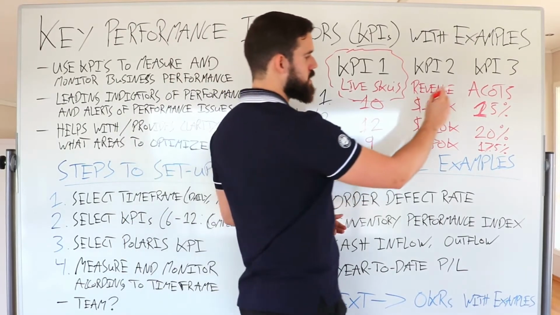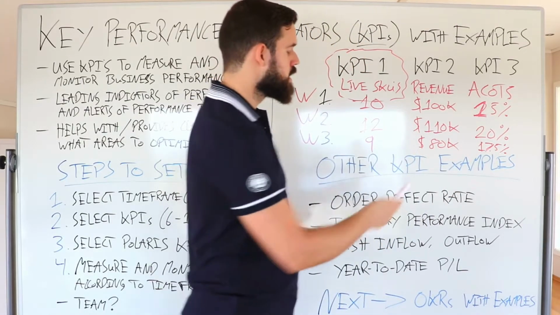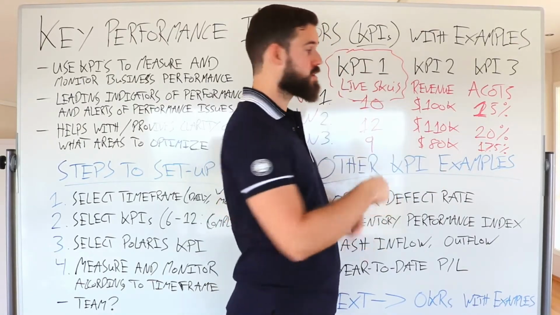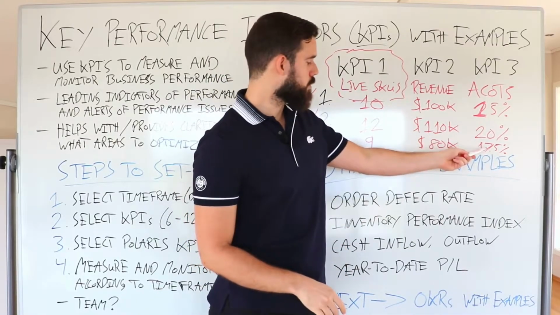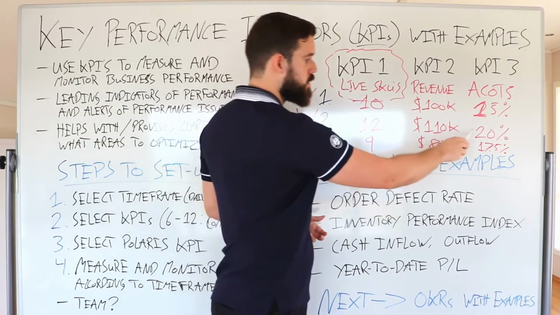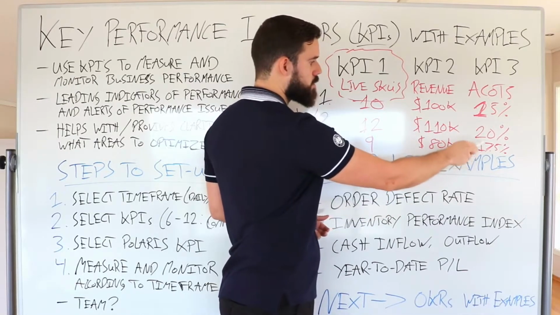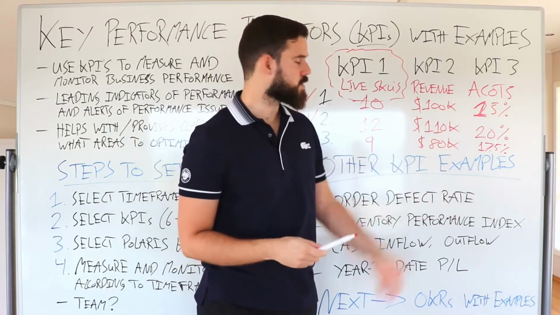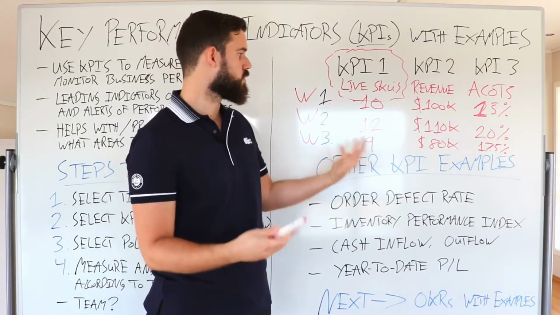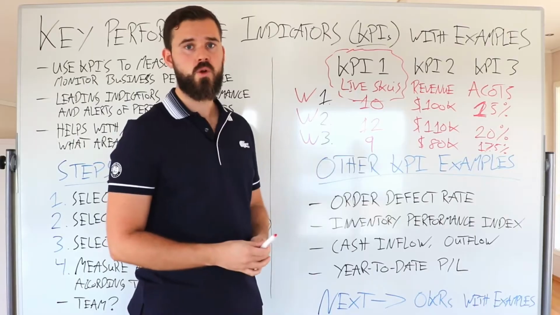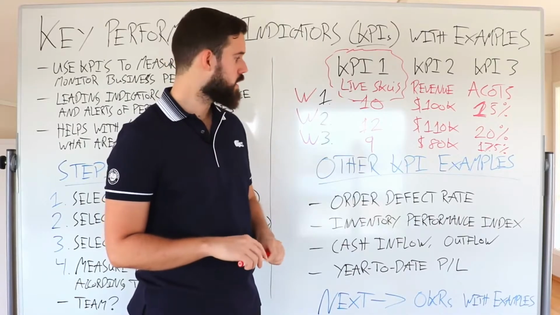And then ACOTS, 15% to 20%, now down to 17.5%. So this was a quote unquote bad thing, but it's a natural thing because of what we're looking to accomplish. And then it went back down a bit. So that's a good sign. It probably means that we launched some new ads and things to launch these SKUs, but then already we're starting to optimize the ads a bit and they're performing better for the business. So this is a good sign in this case. Could also be because some of the SKUs went offline or something like that, but that's really how it works, right? So you track it every single week and you look at the KPIs